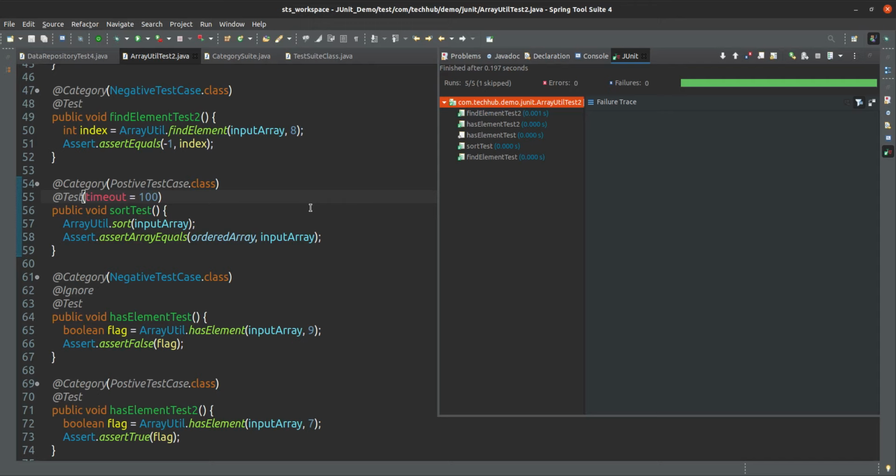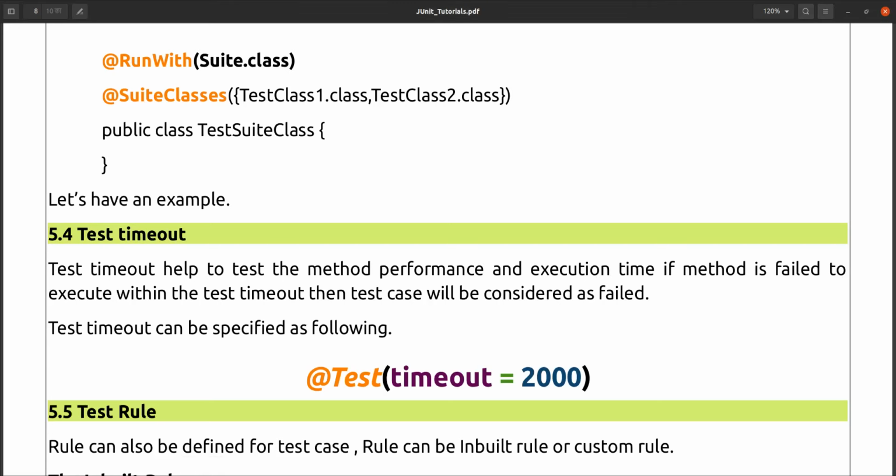So that's why while writing the code, you have to always keep in mind, just keep your code short and clean as much as possible, so that it will be executed fast. It will not take much time in terms of performance. So that's why in this test case you can specify timeout also, so that till then, if this test case does not pass, it will be considered that your code is not implemented or it's not working as per the requirement. So like that you can specify timeout also.